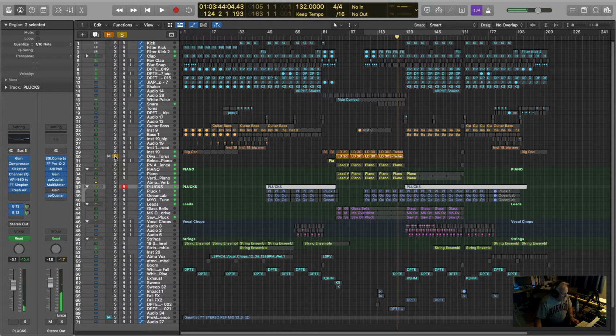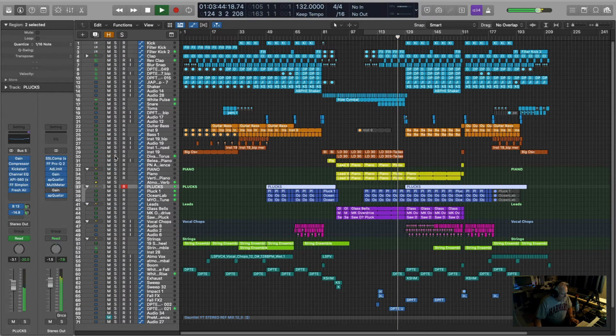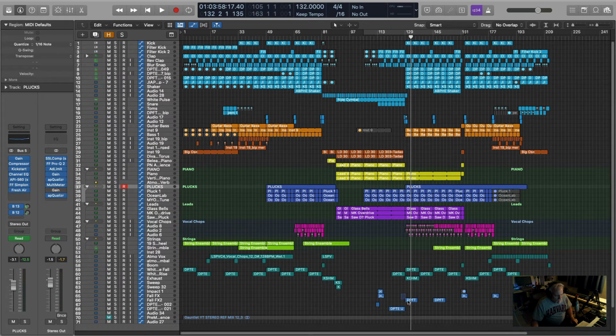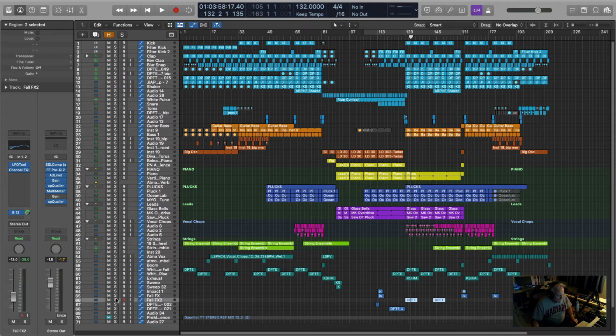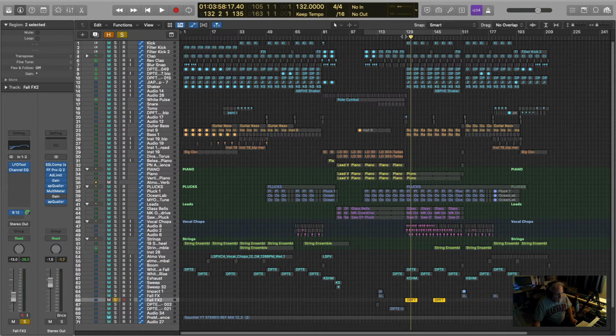I really cranked that up too, that diva bass. Okay, and then another change that I made was some white noise. I added some extra white noise here. Falling white noise at the drop,